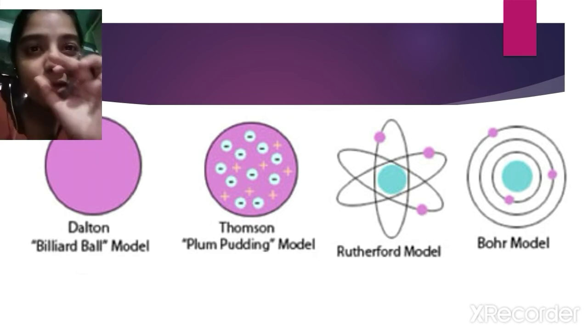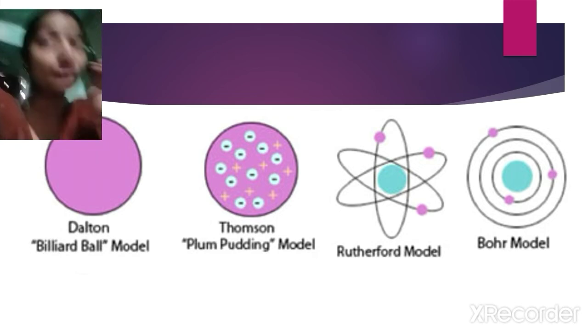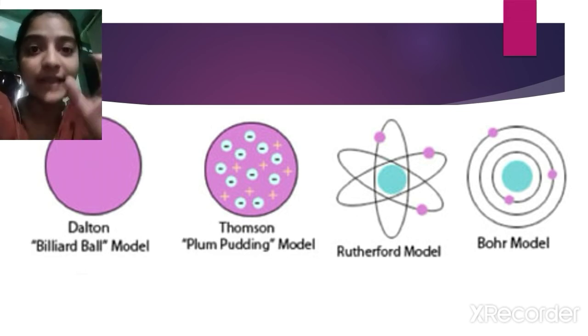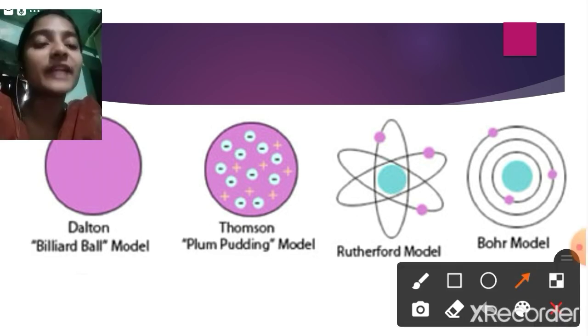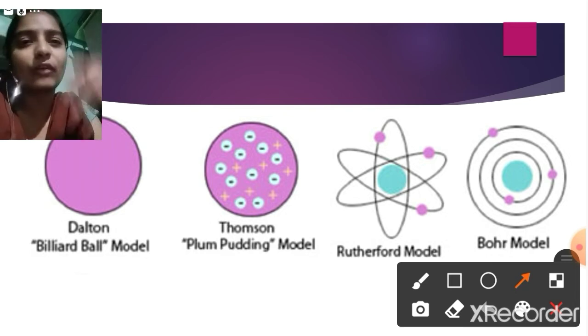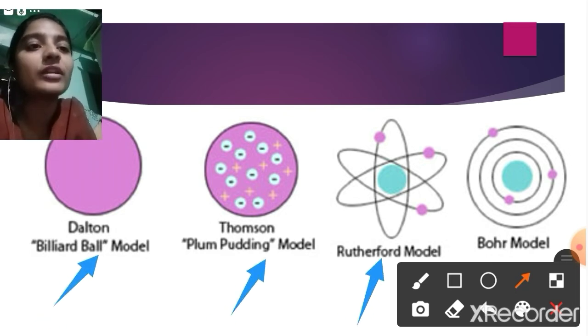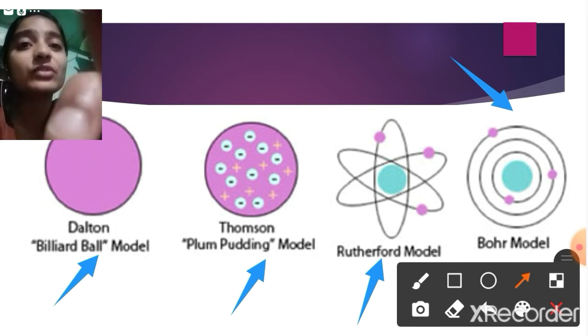Coming to these, what are these? Dalton, Thomson, Rutherford, Bohr. These are the models of the atom, named after the scientists. These are the four scientists who developed the structure of the atom from beginning to end. Firstly, Dalton, then J.J. Thomson, the Rutherford model, and Bohr's model. Coming to Dalton,